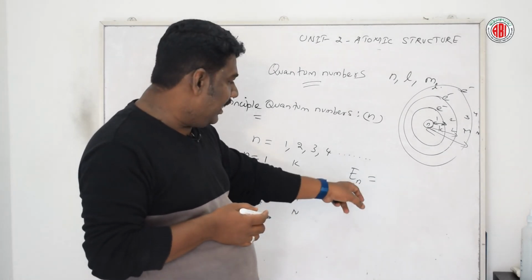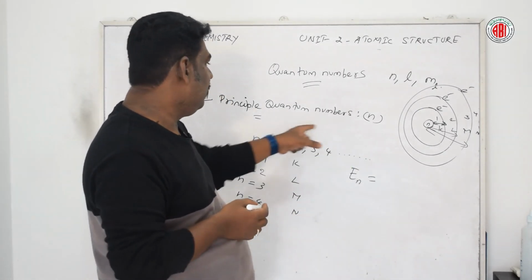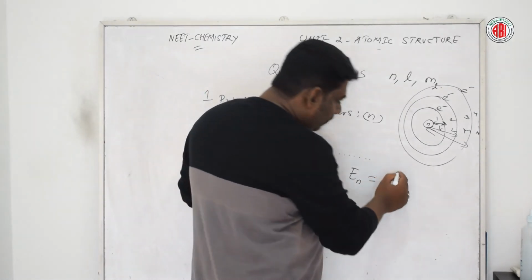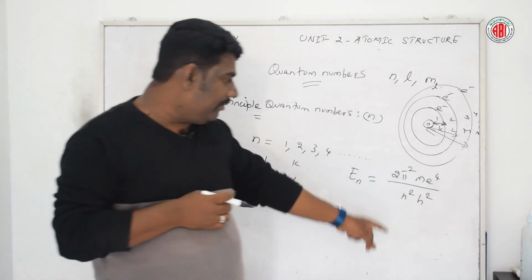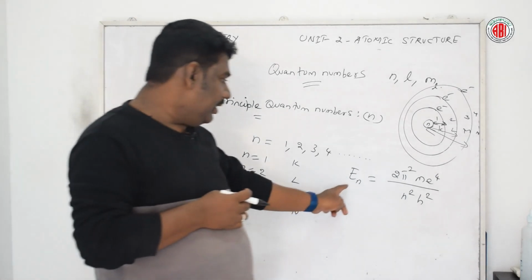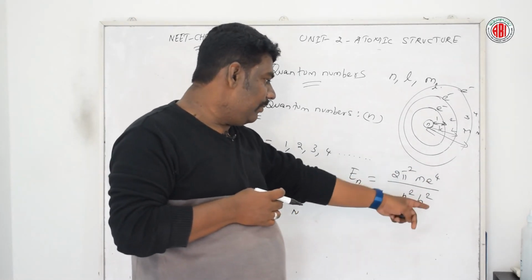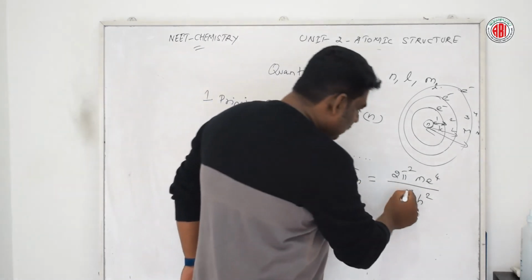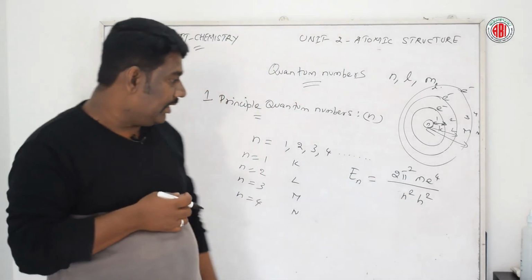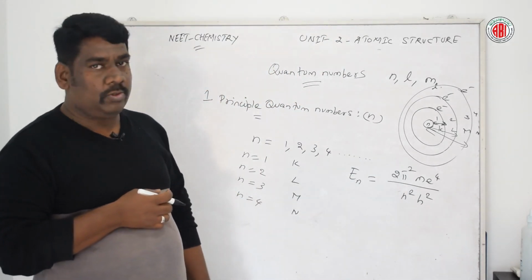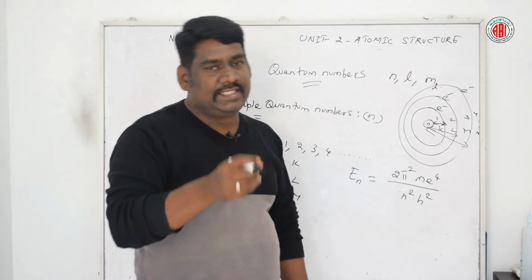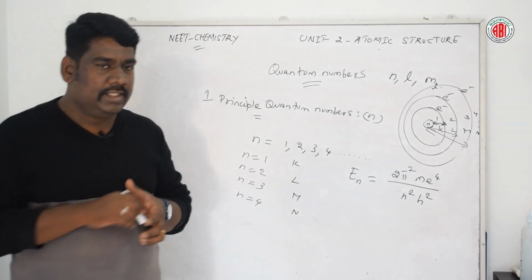So there is a formula we are using to find the energy. Energy, E stands for En, that is equal to 2 pi square. So by using this formula, we are able to understand the determination of the energy of the electron. En is equal to 2 pi square m e to the power of 4 by n square into h square. Using this formula, we can know for a particular shell, the particular stationary orbit, the electron and its energy could be determined.